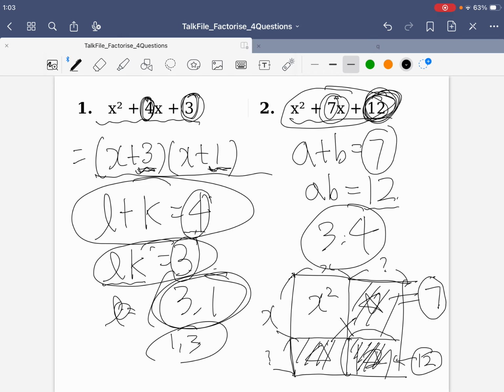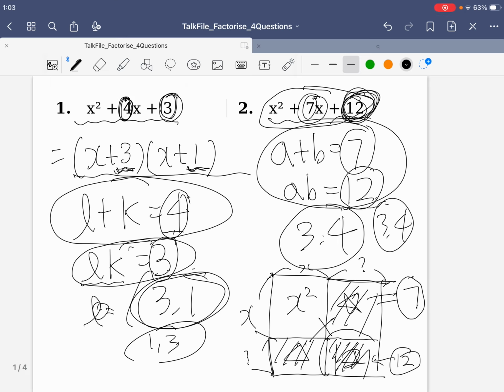That's actually what we've done so far. In the last video, I just told you how to find a pair of numbers that add up to 7 and multiply to give 12, and it's just 3 and 4. And if you think about this square and this rectangle, then it might be helpful. Yeah, and then let's just go over